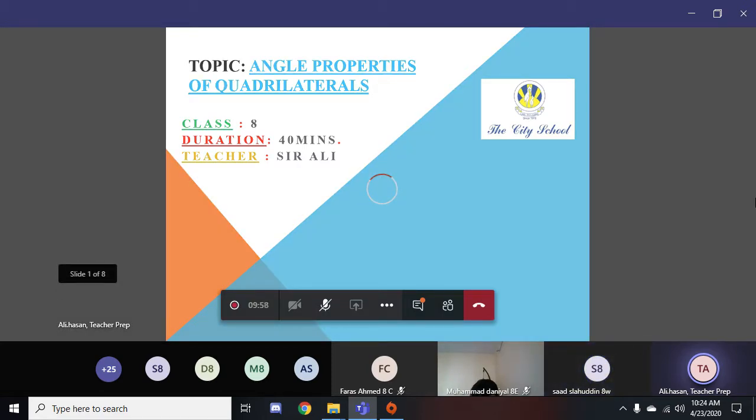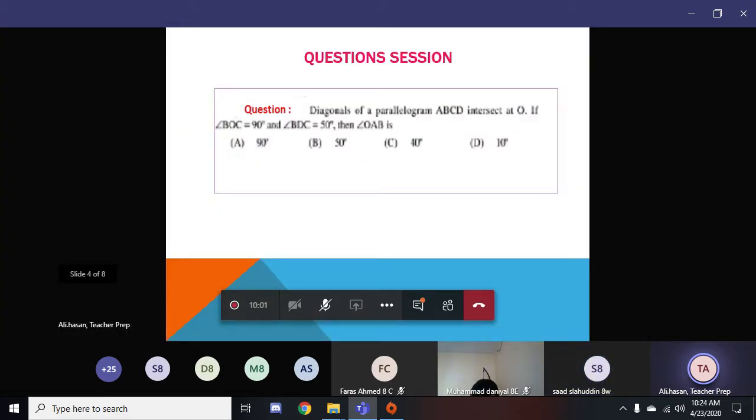Beta, this question. Yes, sir. It is basically an MCQ. I want you people to draw this on your copies, okay, on your rough copy. If anybody wants me to read out loud the question, I may do.